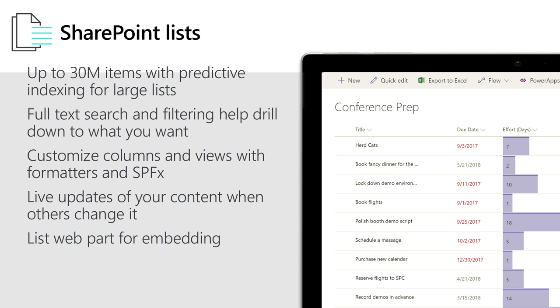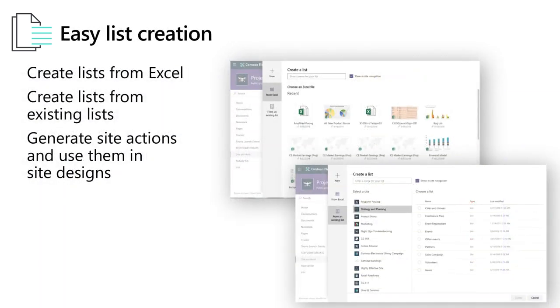You can customize the user experience. You can embed it inside of list web parts. The process of creating a list, and we talked through this in my session this morning, we just last month started rolling out a capability we've been talking about for a few months, which is the ability to automatically generate new lists off of existing data in Excel, or from other lists that live in your organization. So if you have a master list of accounts or things to do, and you like the formatting and you like the column structure, you can start with that instead of having to recreate everything from scratch. And if your data already lives inside Excel, you can work with it right there.